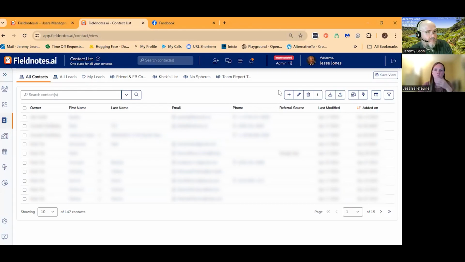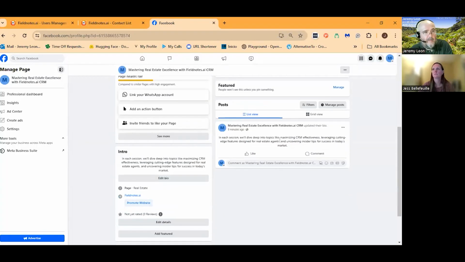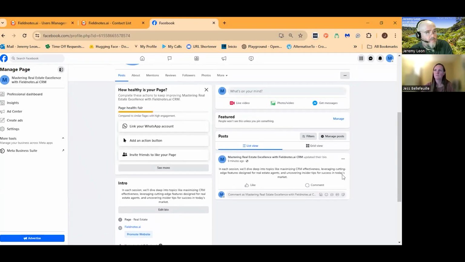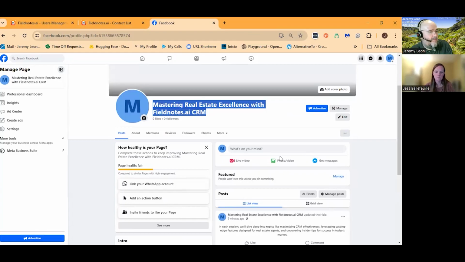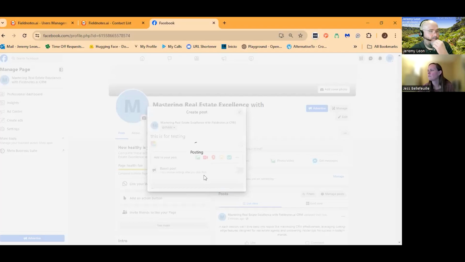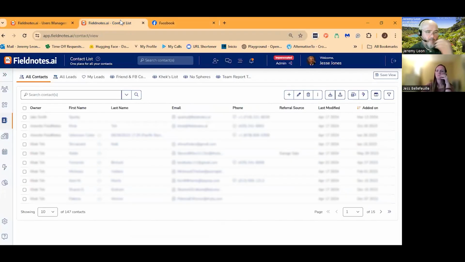I am logged into my little sandbox. First, you would have to have your page created. That's going to be the first thing. And once you've created your page, let's go ahead and post something. This is for testing. And let's do a post. So number one, have your page set up. And then number two, sign into your